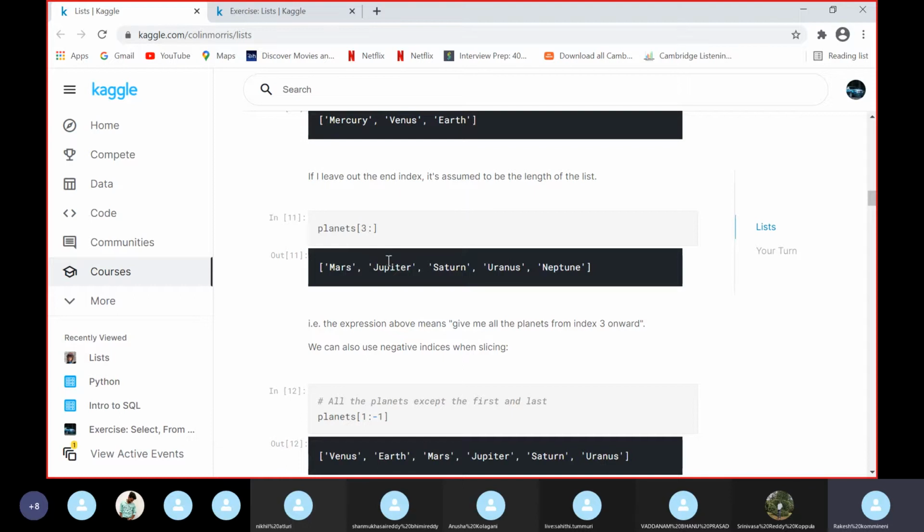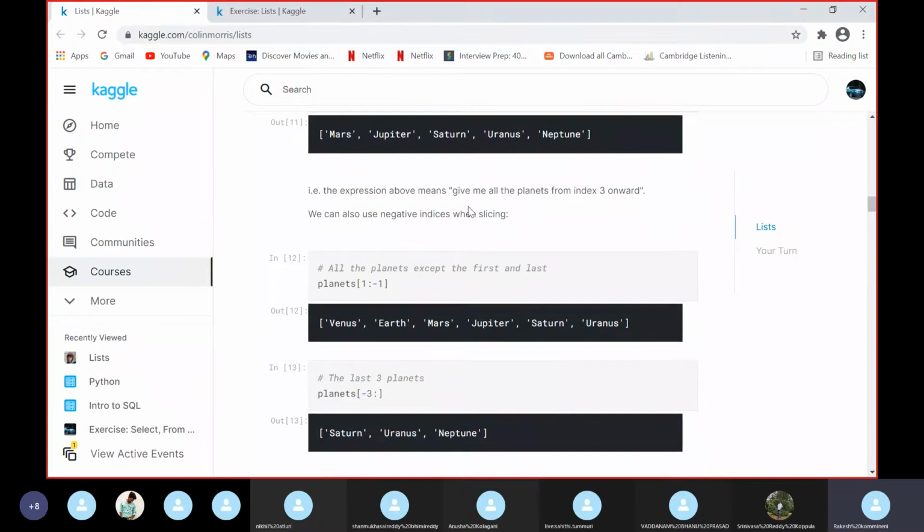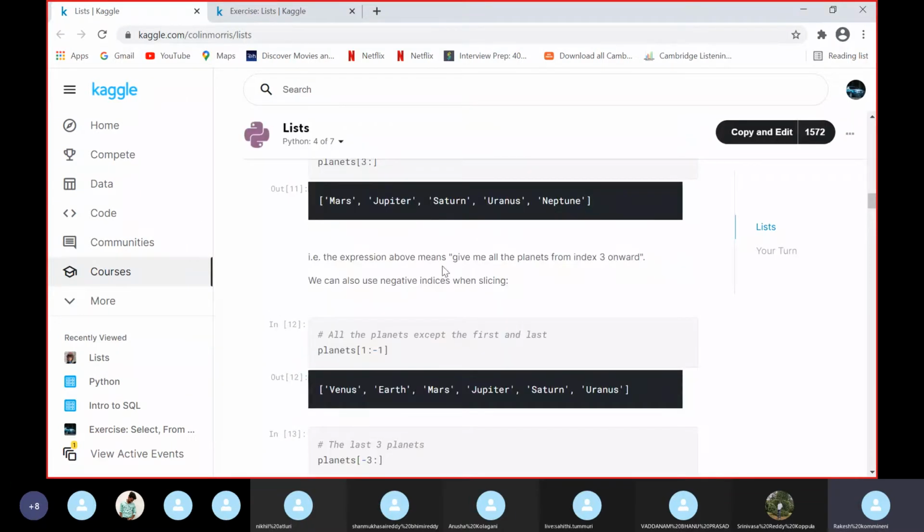Even if we leave it like this, we can retrieve all the last elements. And it gives me all the planets from index 3 onwards, as stated here.